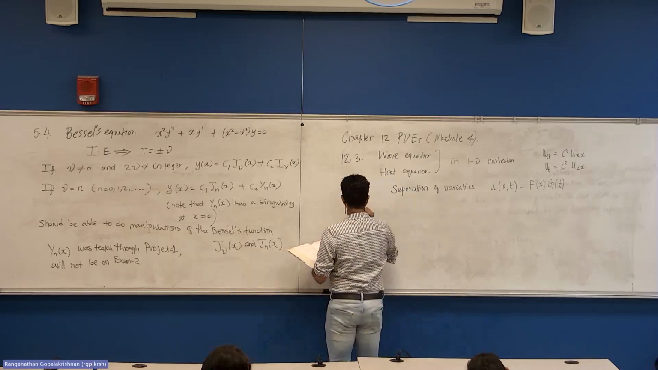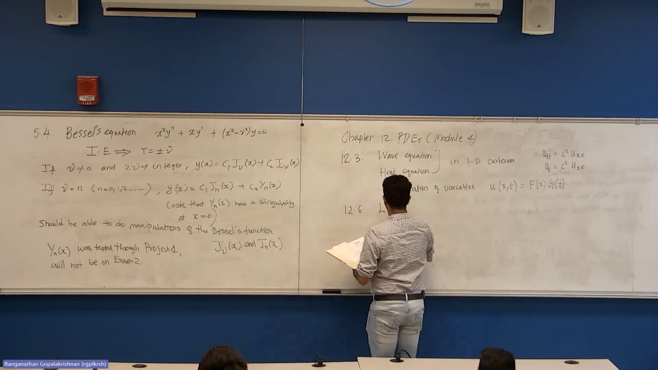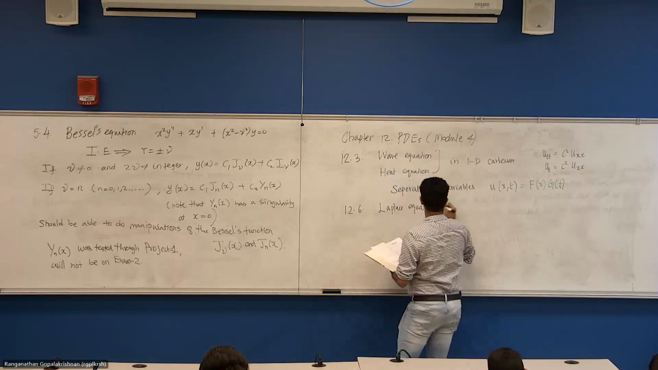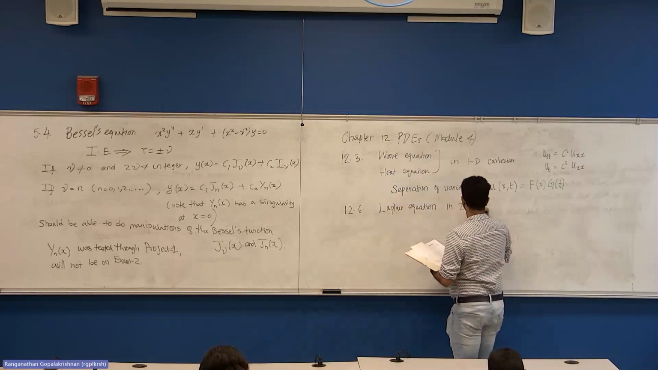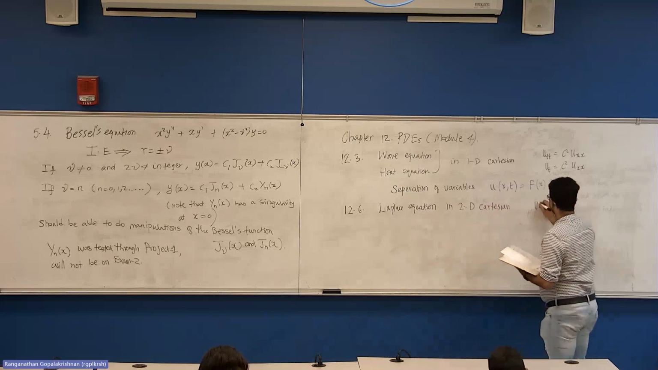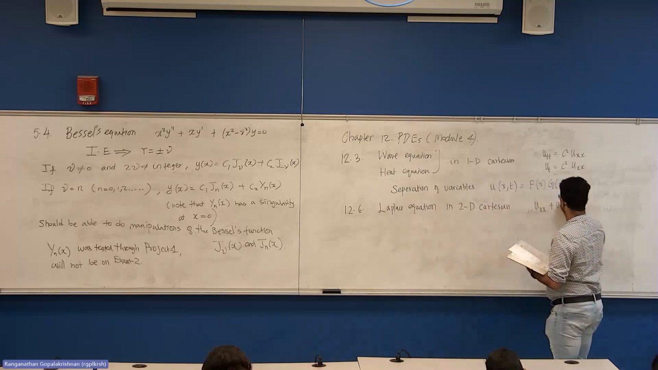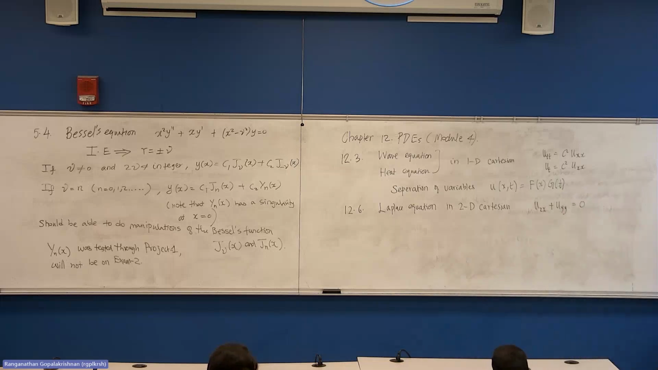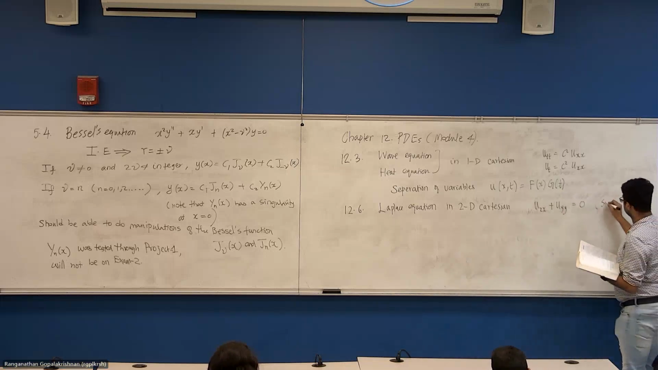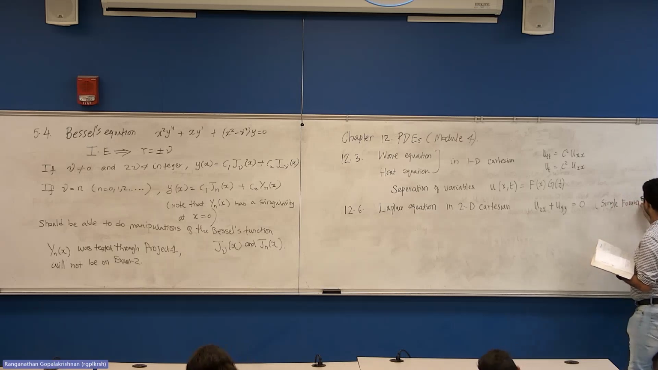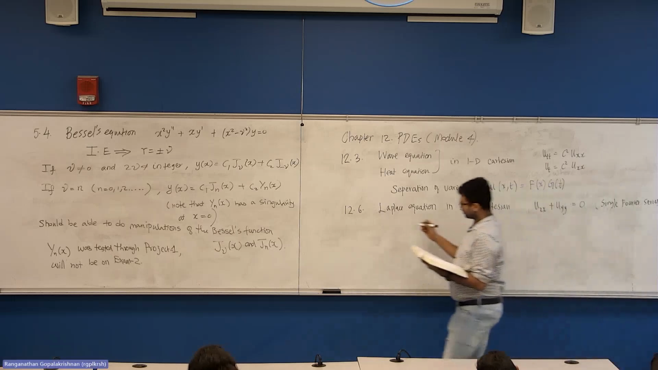Then section 12.6, Laplace equation in 2D Cartesian coordinates, which is u_xx plus u_yy equal to 0. We saw this. This will result in the single Fourier series, that is, a Fourier series with only one index changing. And then we also saw